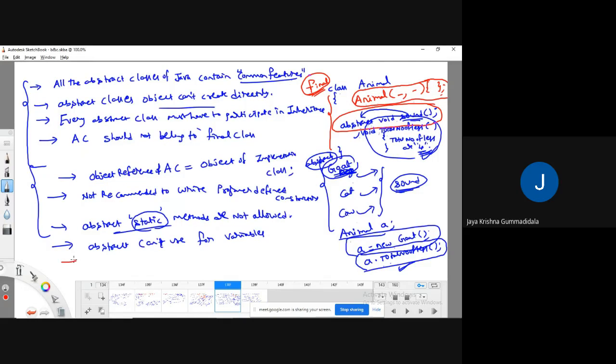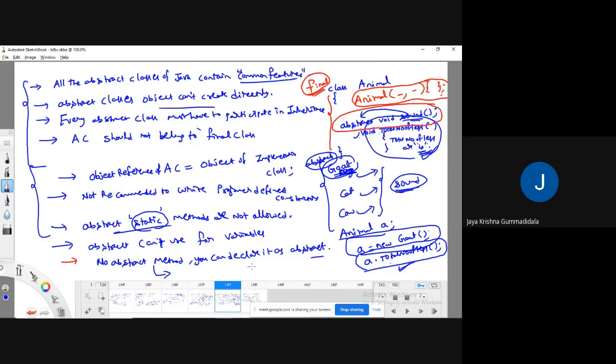Here I made one more important point. I said already, right? Even though there is no abstract method, you can declare the class as abstract. Now we understand the reason.